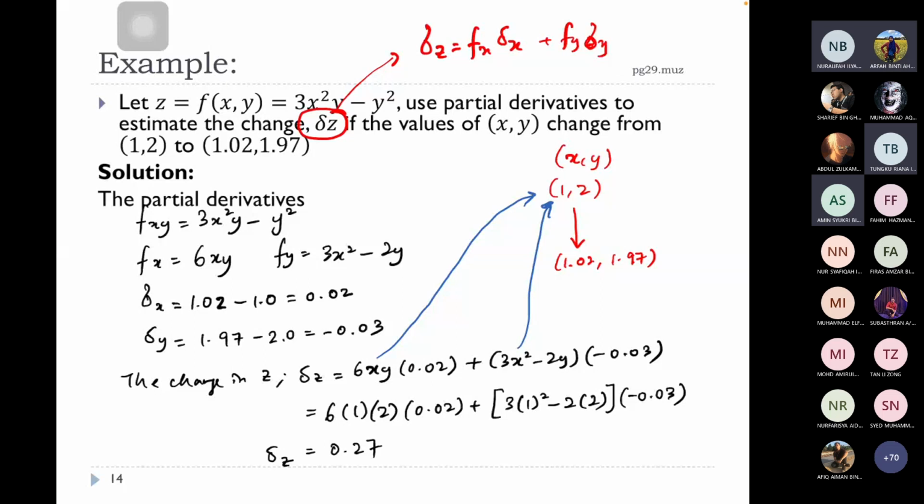Done? Semua? Ya. Okay. So, siap boleh tengok the next question. So the next question,